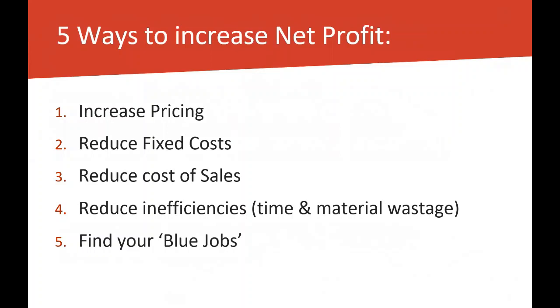A lot of businesses carry on and don't circle back and look at these issues because, of course, every dollar you save here in your fixed costs and your cost of sales goes straight 100% onto your bottom line as increased profit. We also want to